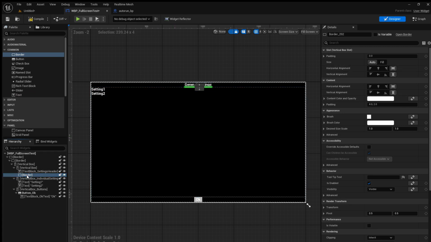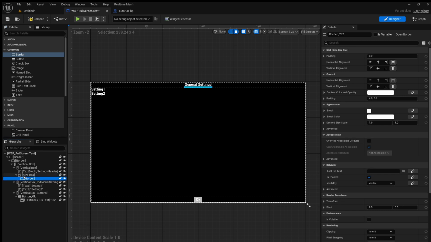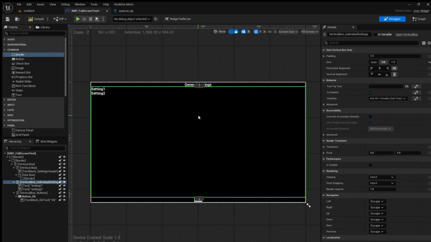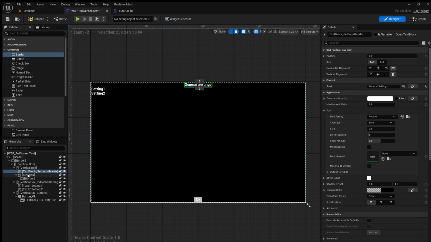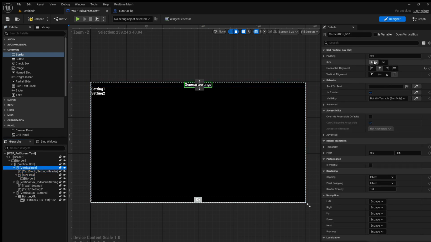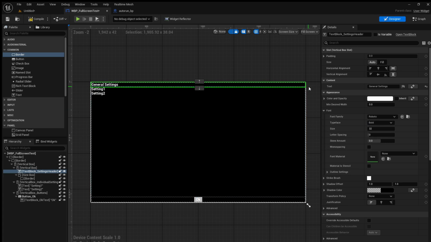what do I want to do? I think I'm going to wrap that with a size box. This is hacky, but you know, I want to say I want a height override 2 pixels. Make it fill. No. And okay, so my border is sized with the other thing, but if I say I want this to fill, yeah, that's no good, is it? I want to fill that way. So this is the tweaking. I'm sorry if I'm going fast,